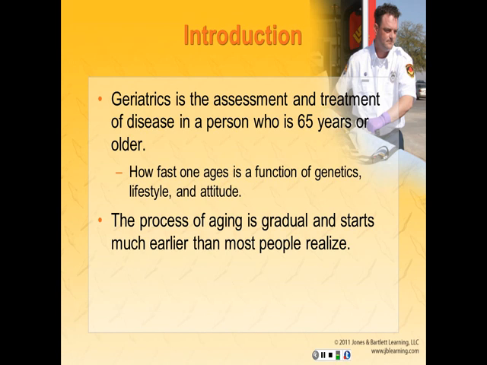The process of aging is gradual and starts much earlier than most people realize. The systems of the human body start to decline as early as the late 20s, and that progresses slowly throughout life. The older population is growing to a larger percentage of the overall population, which gives us more people in